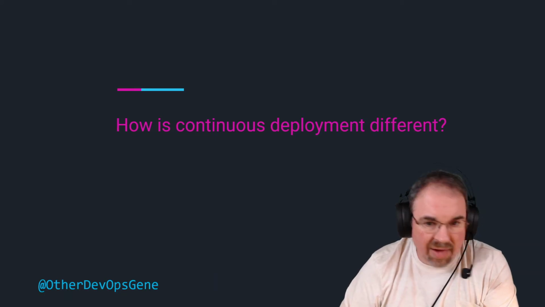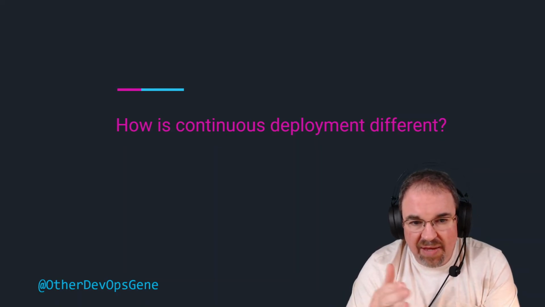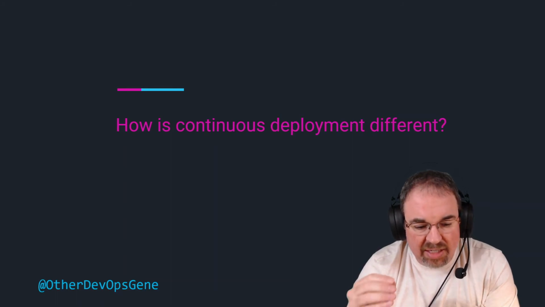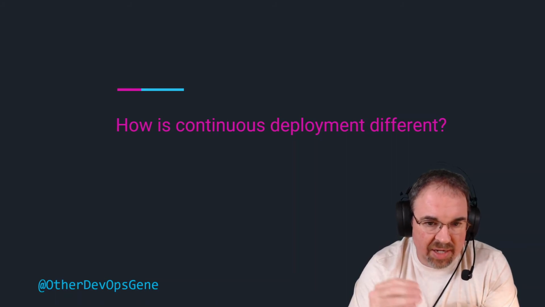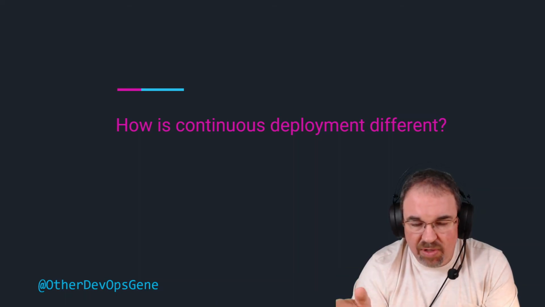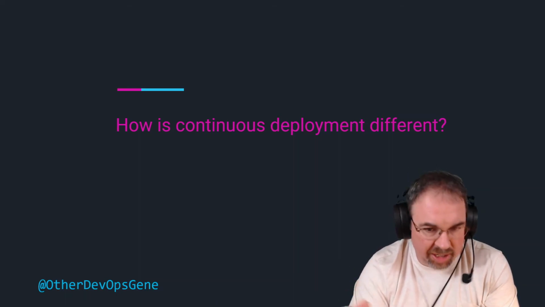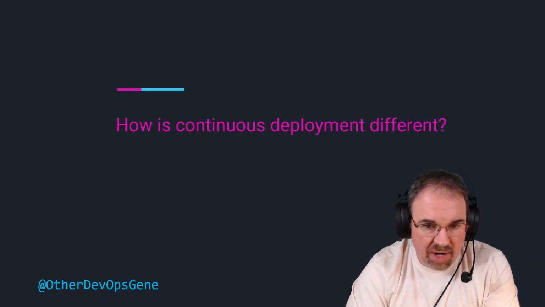Okay. How is continuous deployment different? Well, continuous deployment is yet again the next extension. If continuous delivery is constantly having builds ready, so that it's a business decision, not a technical decision, to deliver quality software into production or into the hands of customers, continuous deployment takes all the human effort out of that. It uses enough automation such that every bit of code that's committed automatically gets pushed out and deployed to production or into the hands of the customers automatically, without human intervention, as long as it passes all the quality checks.